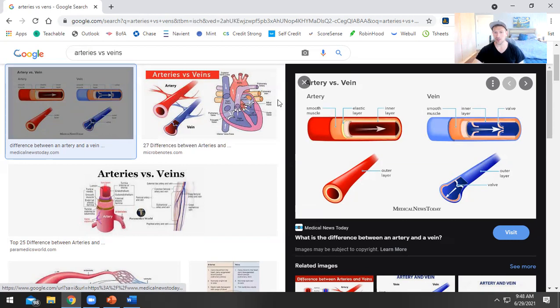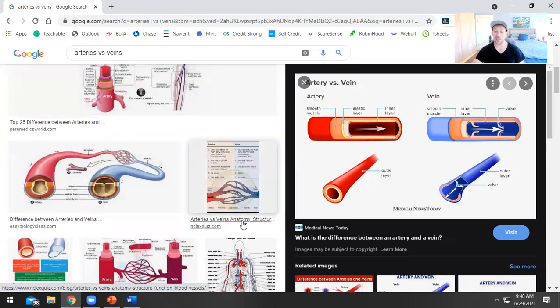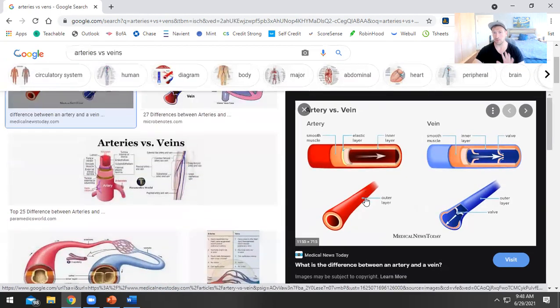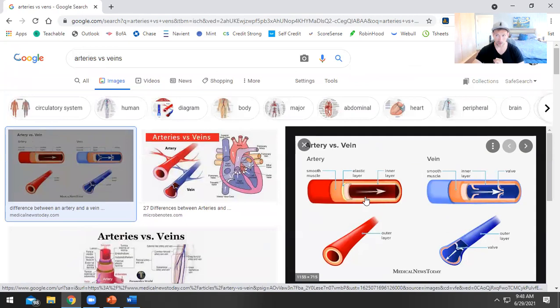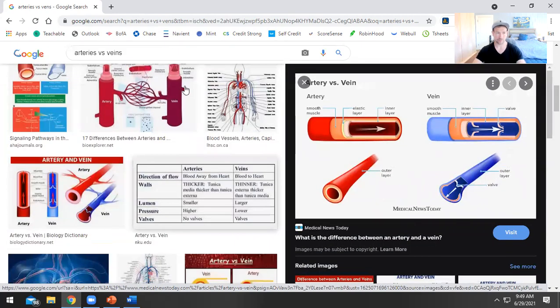But it should be noted that there are 2 examples of where those colors are going to be flipped. What is important about memorizing arteries is that they always travel away from the heart. What's important about memorizing veins, they are always traveling towards your heart. Arteries always away, veins always towards. But where the colors get a little goofed up,